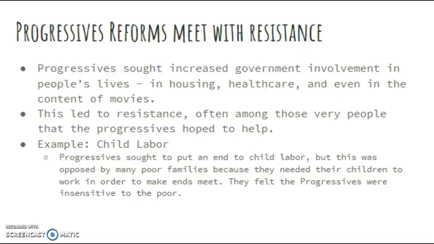All right, so progressive reform meets with resistance. Progressives sought increased government involvement in people's lives in housing, healthcare, and even in content of movies. This led to resistance, often among those very people that the